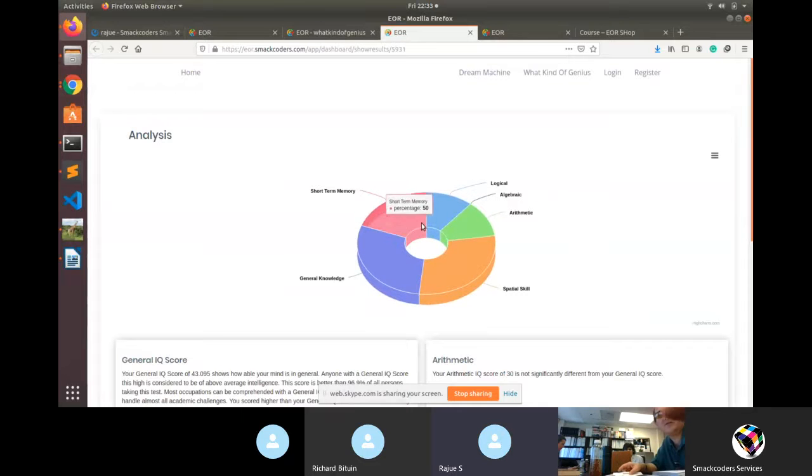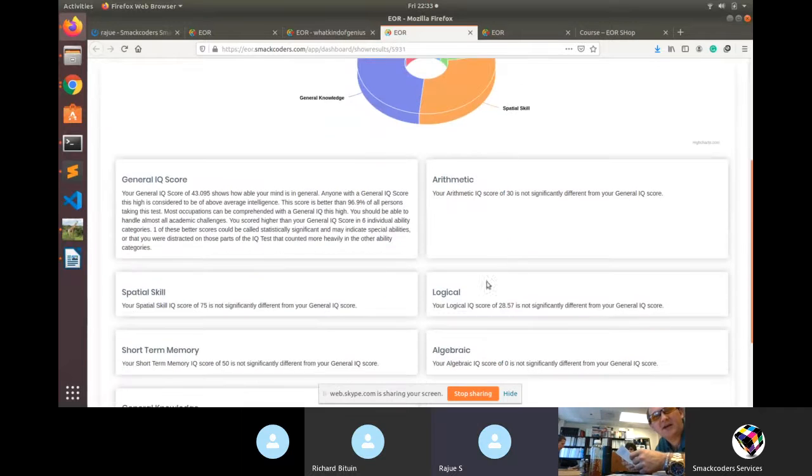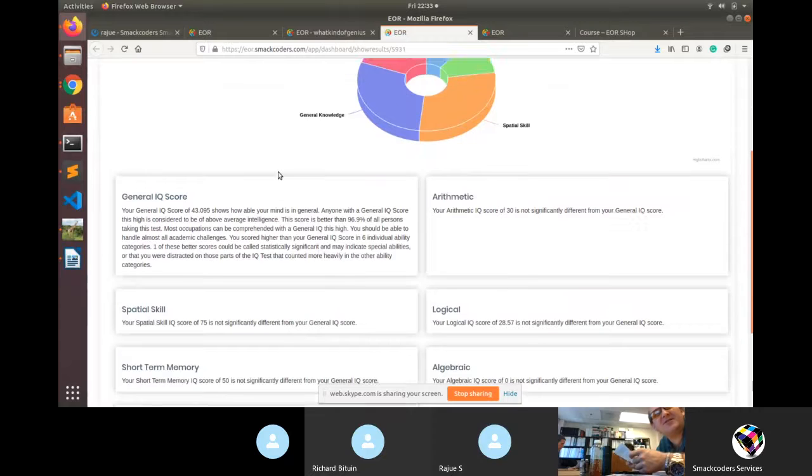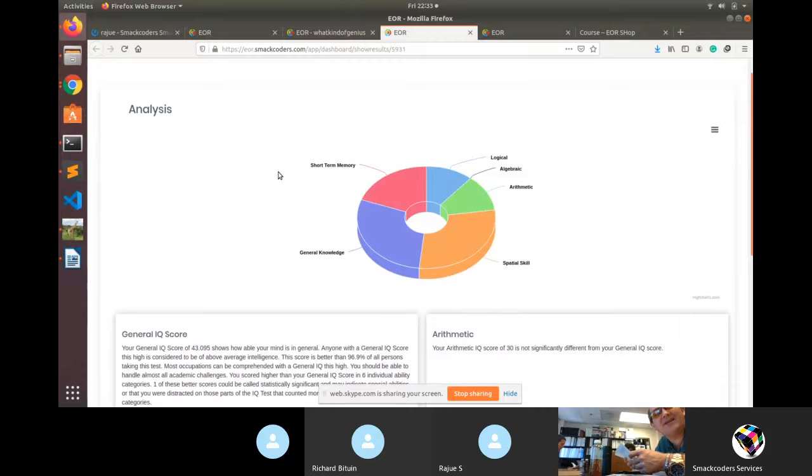So this is how the report is generated now. Algebraic. Yeah, this is a nice way to be able to do it. There's nothing wrong with this from showing strengths. The other one, though, is that we should also use the bar graph, which would then show, very much like the screen that you showed me before, the one that they have at iqtest.com.